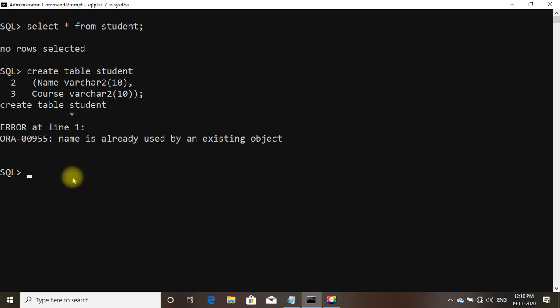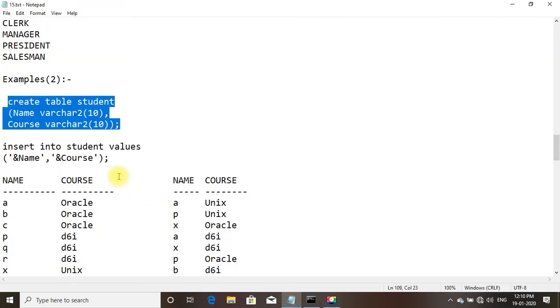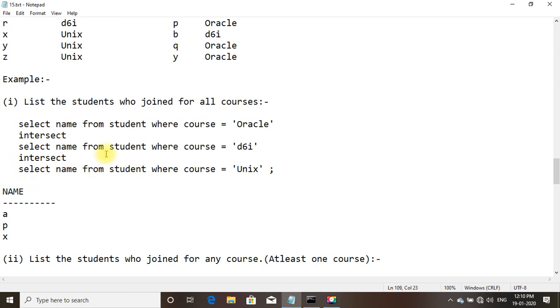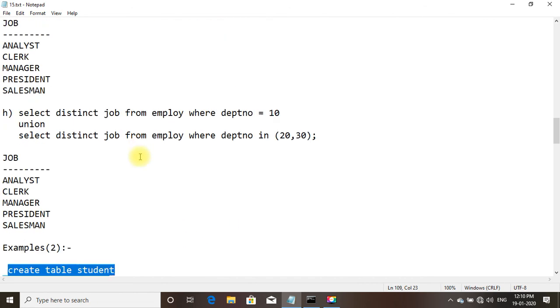So then why is it not showing rows? We shall need to check the query. Select star from student, no rows selected. So we need to input the data. I will be covering this example tomorrow and I shall show you all the examples on this table called student.